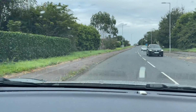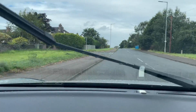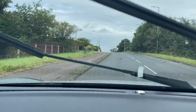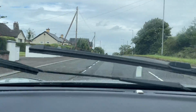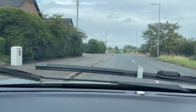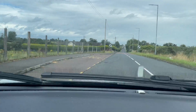So we're still in what's known as a suburban area. Junctions are a little bit further apart than they would be in the urbans. No parked cars, so again, making safe progress at the speed. Mirror checks now, remember to check your middle mirror and basically say the words middle mirror, because it will get you that 1 to 2 seconds checking, and you want that brain to take a photographic sort of image of